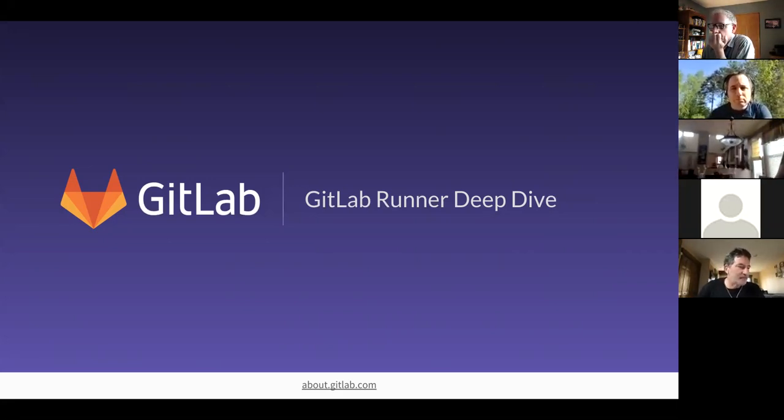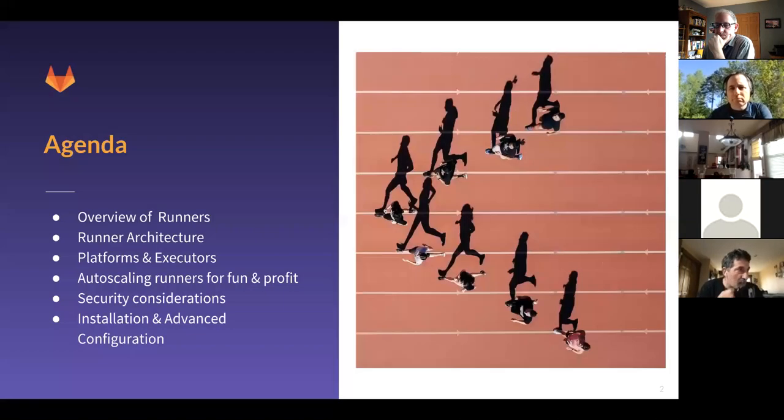So today we're going to talk about GitLab Runners, and do a deep dive into the specifics of the technical side of runners and how they work. First, the agenda. We'll do a quick overview for anybody that might not be very familiar with GitLab Runners and how they interact with GitLab CI/CD.